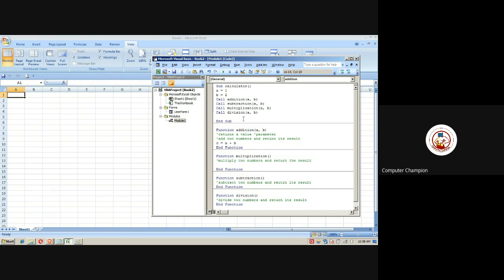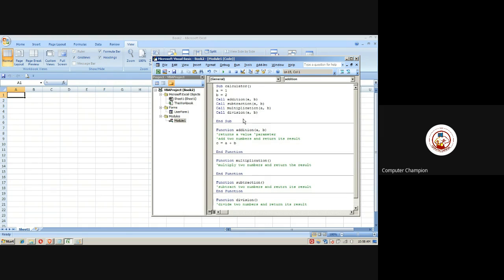Yes. So someone had asked, how can we see the output? To see the output, I have two ways. One is a message box. A message box means a pop-up will come and show me that the particular addition value is this.